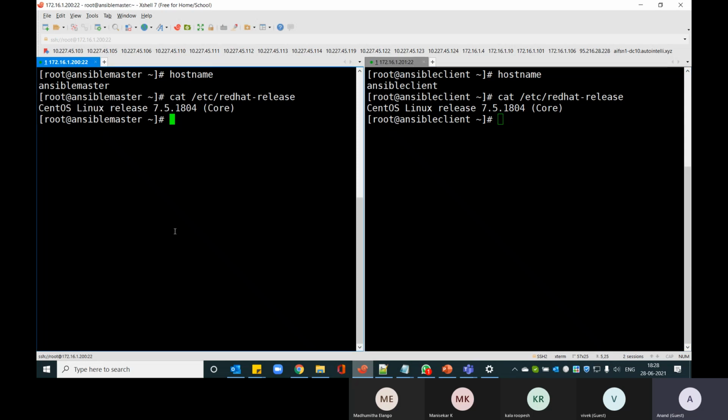So how do we install Ansible? It is pretty straightforward. There are two ways you can install Ansible. One, if you already have Python installed, Python with pip, because Ansible is completely written in Python. So Ansible also comes as a module inside Python. So if you have Python and pip installed, you can always do pip install ansible, so that you should be able to get Ansible installed within a fraction of seconds.